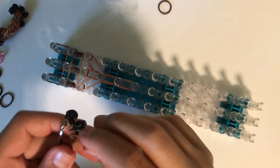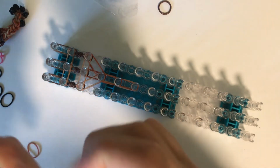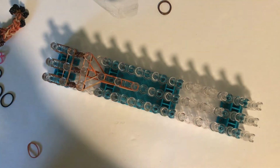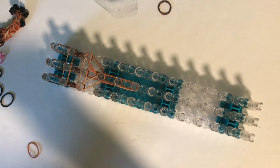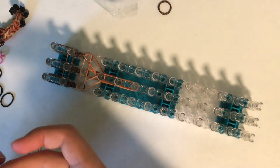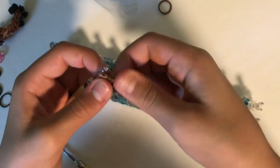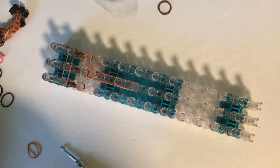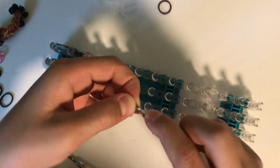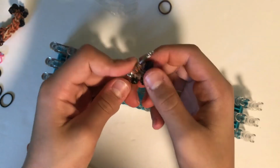Oh, it came off of my fingers. Something came off. I'm just trying to get it back on. Okay, sliding on my last toe. So we have all 4 toes slid onto that double loop band. Now I'm going to take a brown and a caramel onto there and wrap it around 3 times. So it's like a little clump, and then this double loop, put it onto the hook,